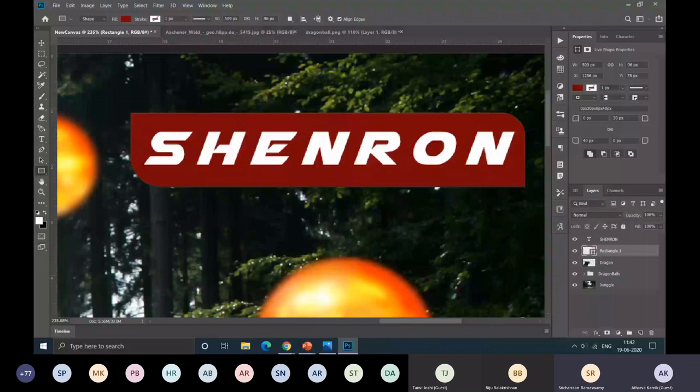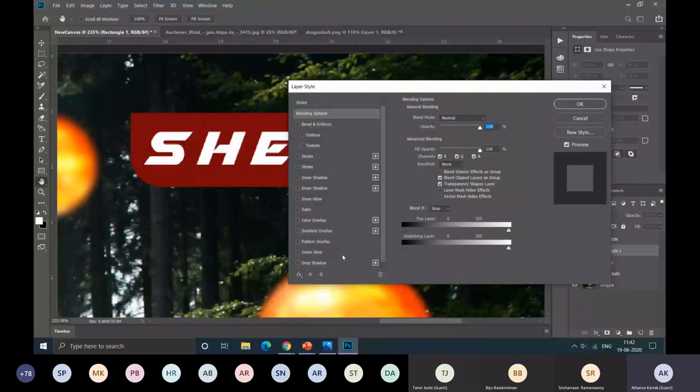So to alter the opacity of the layer, you have to double click on the layer at some distance from the name, like this, and the layer style box will appear. And there are various tools. You can just play with all the tools when you have time. So I'll show some tools from this. To decrease the opacity, you just have to slide this, and you'll see the difference.